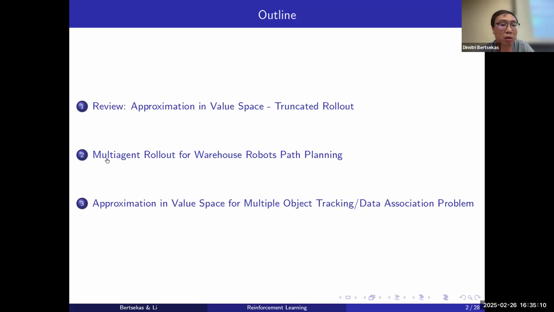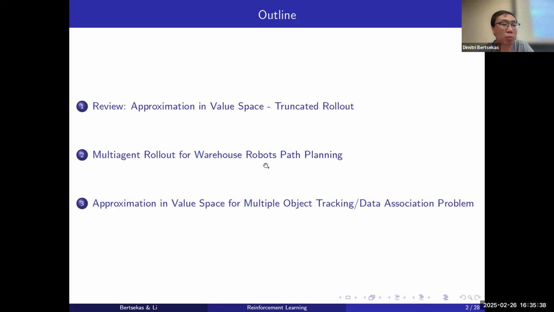The first one is the multi-agent rollout for warehouse robots pathfinding. We will again discuss the multi-agent rollout algorithm, but also focusing on the idea of changing the order in which the agents are optimized. We will show that through random reshuffling of the order, you can get performance improvement as